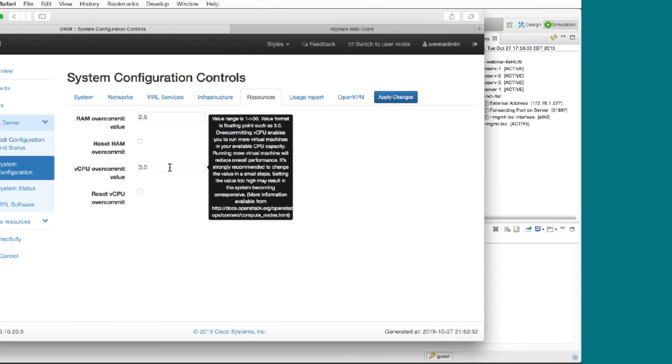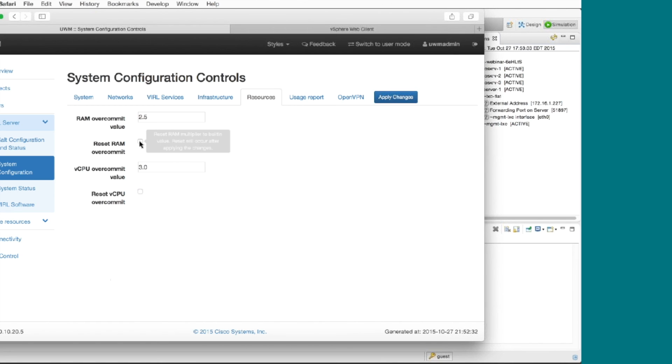And again, like I said, this value's always been there. We just haven't exposed it for you to tweak yourself. The defaults should be fine. If you want to get back to the defaults, we'll ignore the values you set there. You just click the defaults, click Apply Change, and this will get your VIRL system back to the out of the box defaults for that feature.